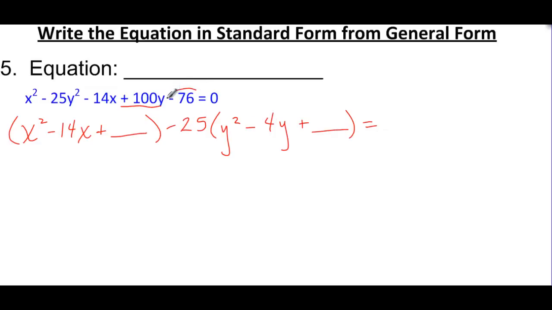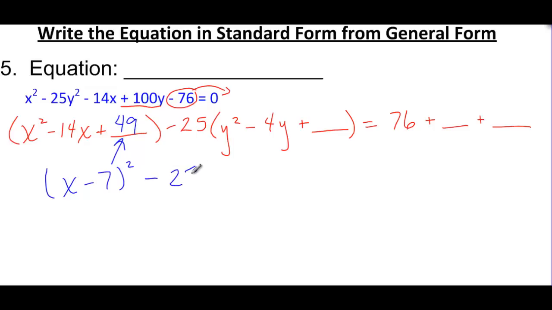And the other mistake that happens all the time, and I'm not quite sure why, is students refuse to, when they move the negative 76 over, to actually add 76 to both sides. So make sure that's a positive, and then I'm going to do my plus blank to represent those two plus blanks. Now I'm just going to complete the square. Half of negative 14 is negative 7. When I complete the square, I'm going to put 49 on the line,